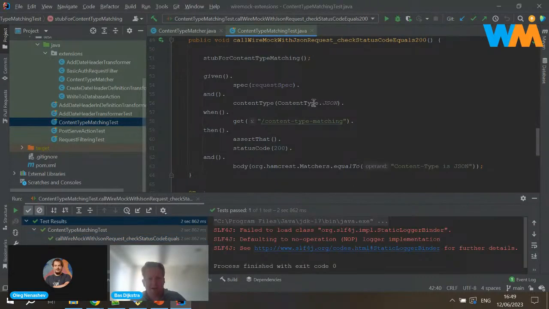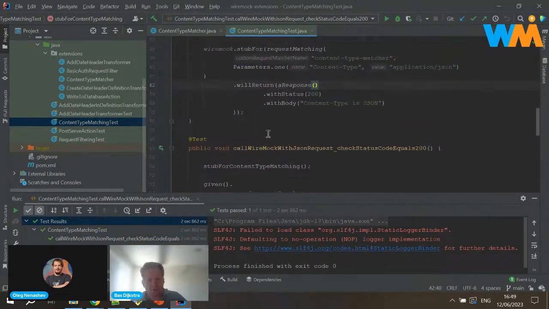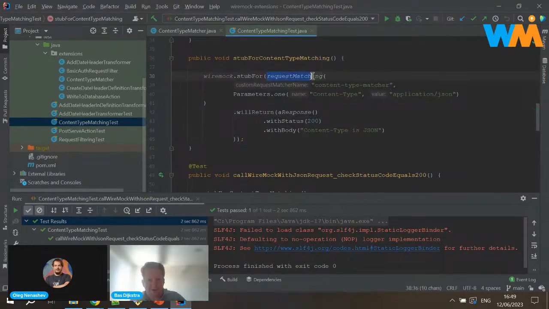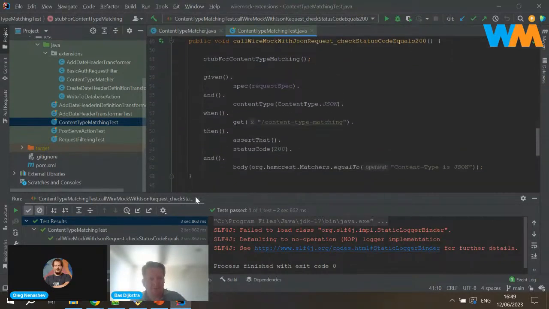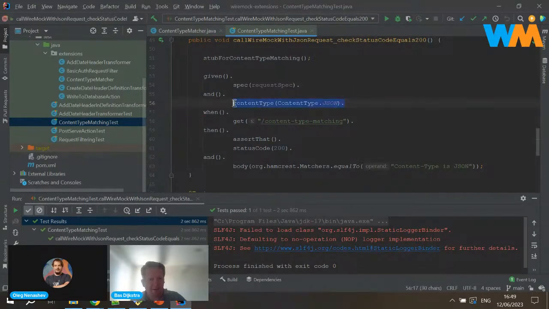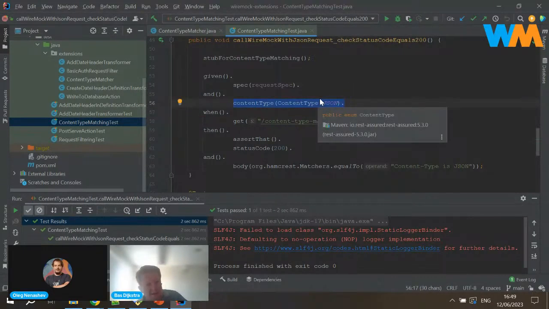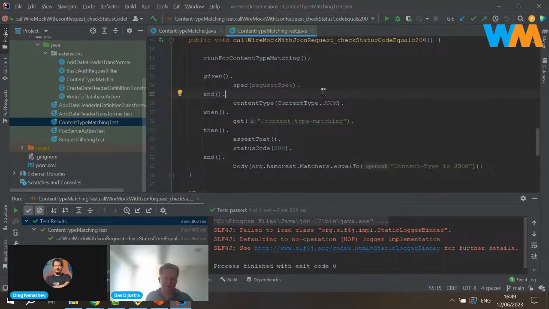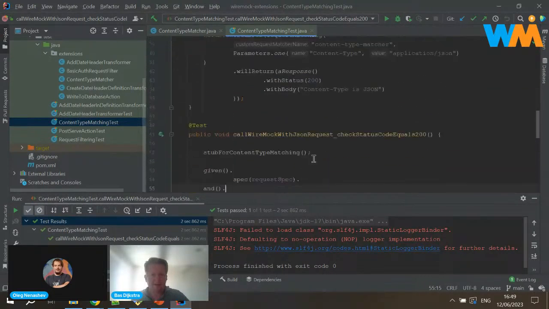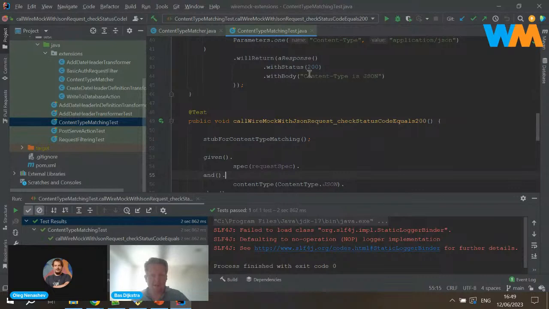And so this request that's being sent by Rest Assured will pass through this custom matching logic. It's going to be a match because my content type request header is going to be equal to application JSON because that's the value of this enumeration. So there's a match, which means that the status code and the response body will actually be equal to this.